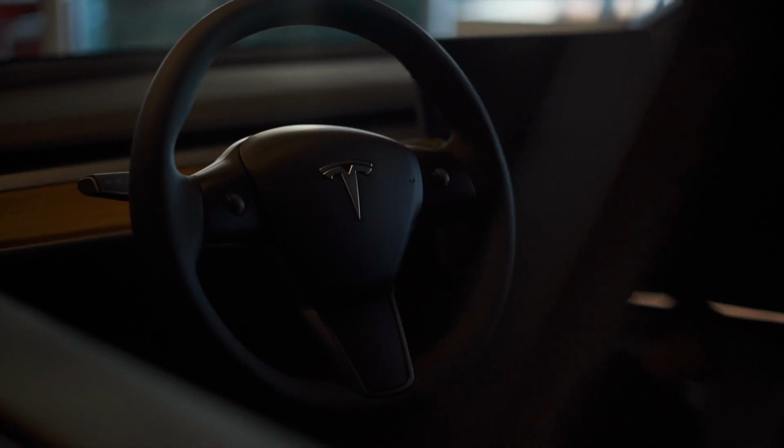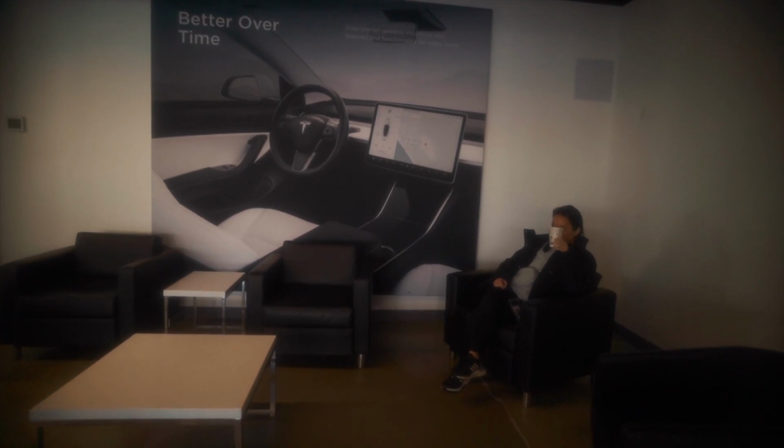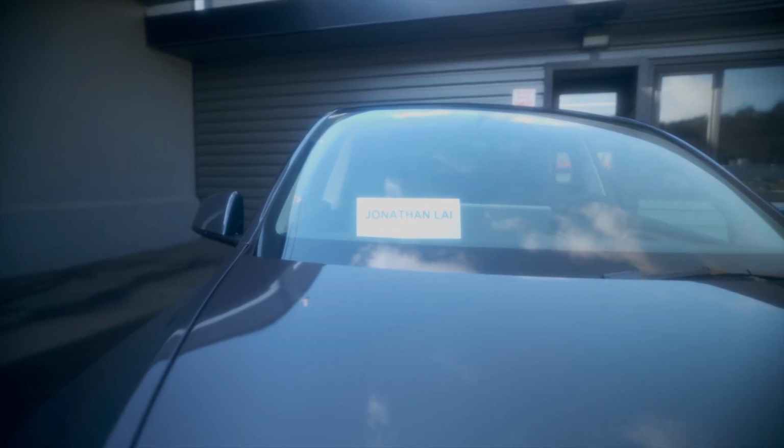And speaking of hype, when you get to the delivery area, you're greeted with a couple of clean-looking Teslas, some swanky music, coffee, water, and friendly staff who let us know that they were finalizing the detailing on our car. Eventually, you're shown to your car maybe about 5-10 minutes later, and you get some